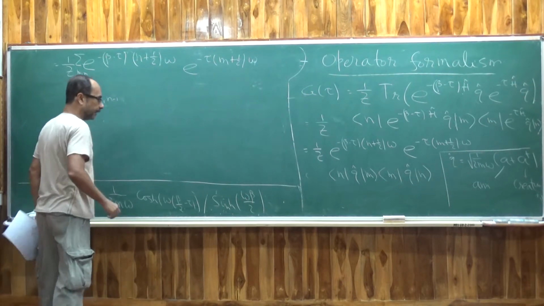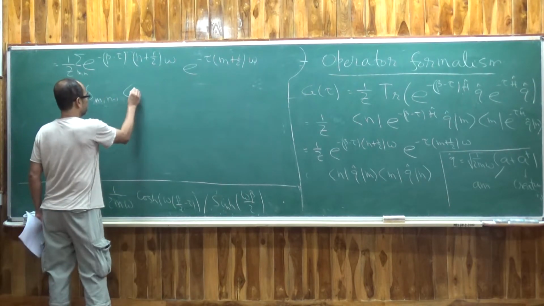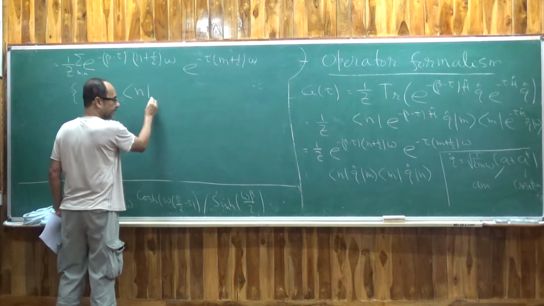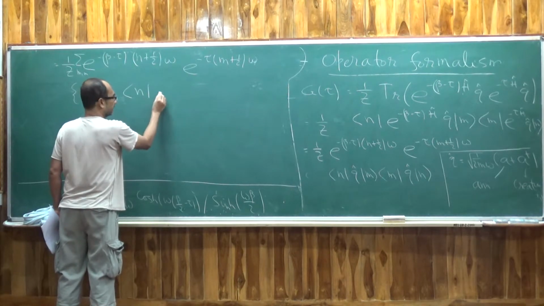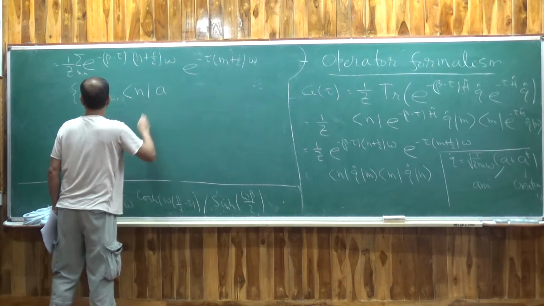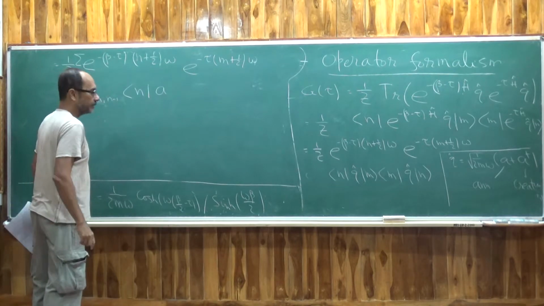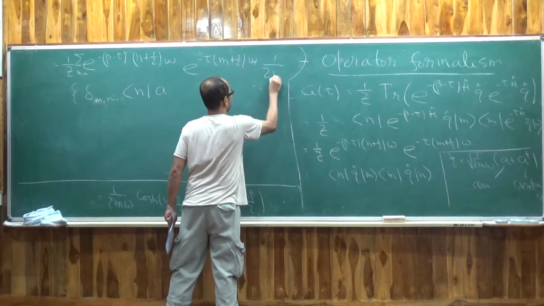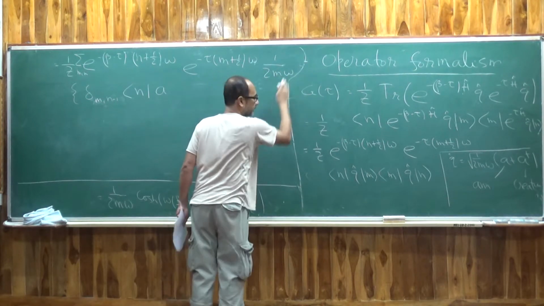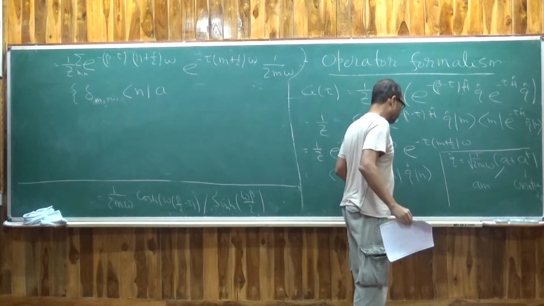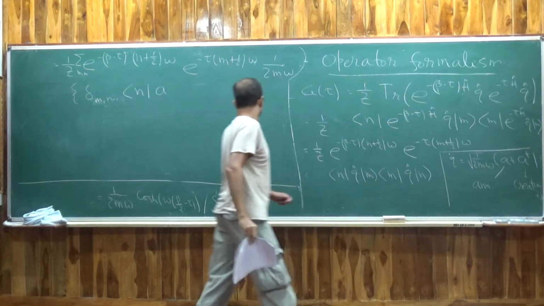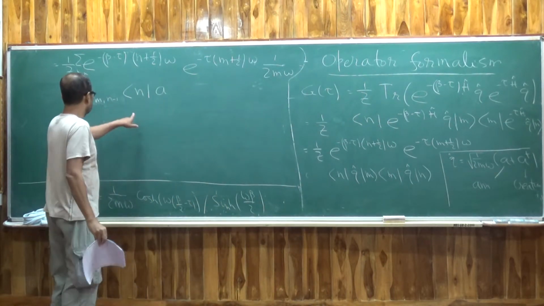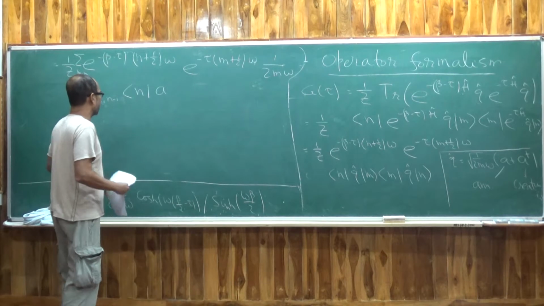So m is equal to n minus 1. In that case, the result is ⟨n|...|m⟩. Let me put this 1 over 2mω outside. Because there are two factors of q̂, there will be 1 over 2mω. So if m is n minus 1,